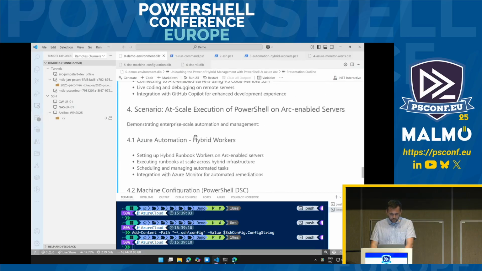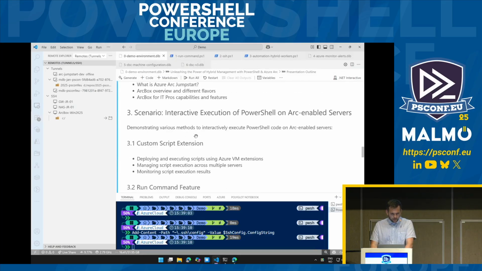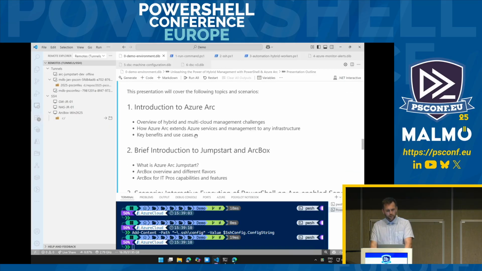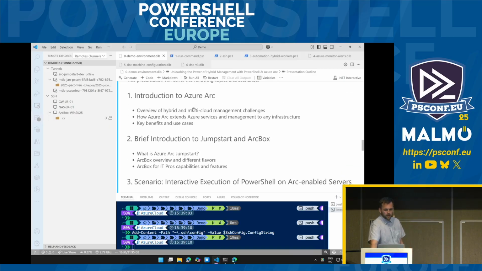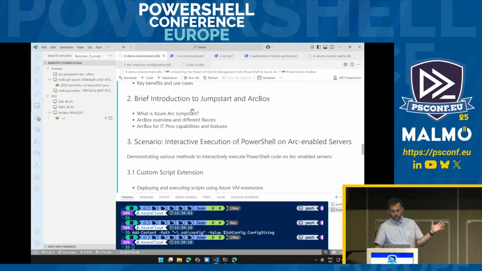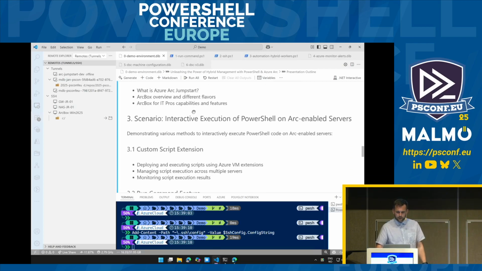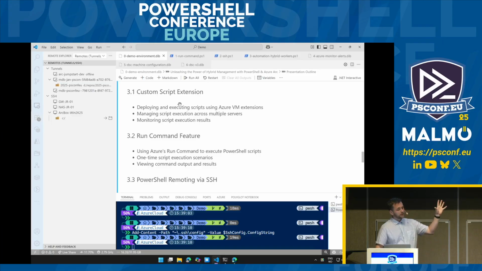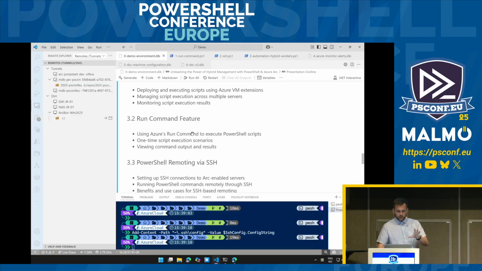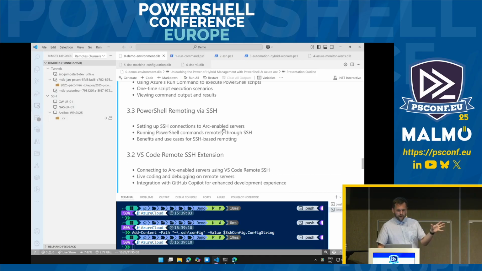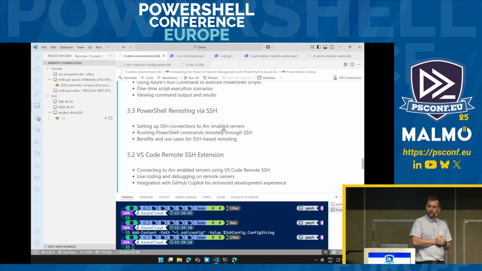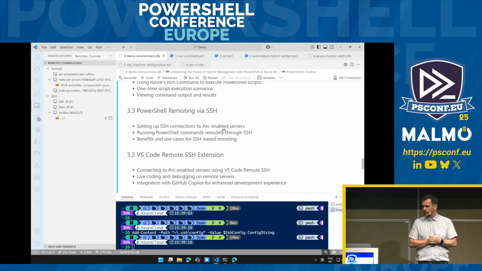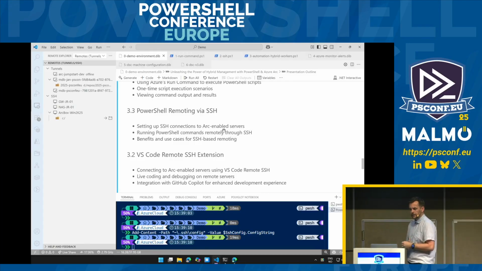Now we're getting close to time. Just have a quick look at what we have gone through. We looked at the overview of Azure Arc. We had a quick look into ArcBox. That's a quick way to spin up a sandbox environment. We started out looking at the custom script extension. Then we had a look at run command. And finally, we had a look at PowerShell Remoting and VS Code remote SSH extension inside of the